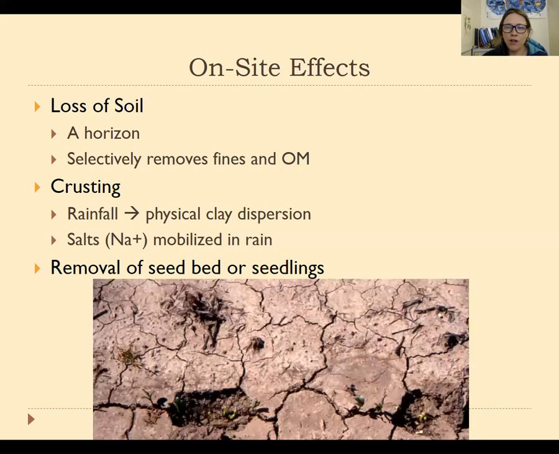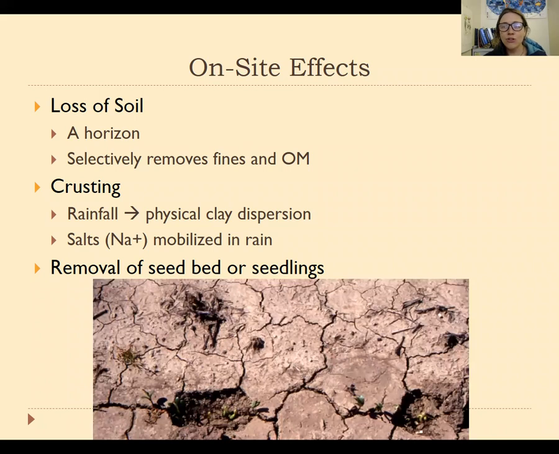So first of all, let's think about the on-site effects. What happens at the site that the soil is being removed from that is undesirable? Well, first of all, you're just removing your soil. So if you have an interest in the soil being there, like if you're trying to farm there, for example, then that's not desirable. And in particular, the soil that's being removed, the surface soil or the topsoil, the